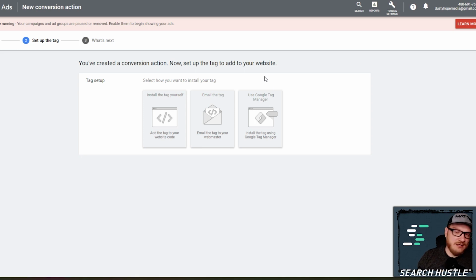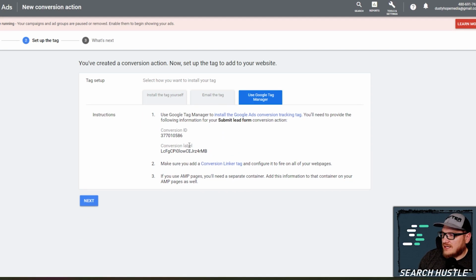Because what's the point of spending all this money on getting a good, working website, and getting ads to get people to this awesome website, if you don't know what they're doing? So we're using Google Tag Manager here, and it's giving me a conversion ID and a conversion label. So I'm going to go to